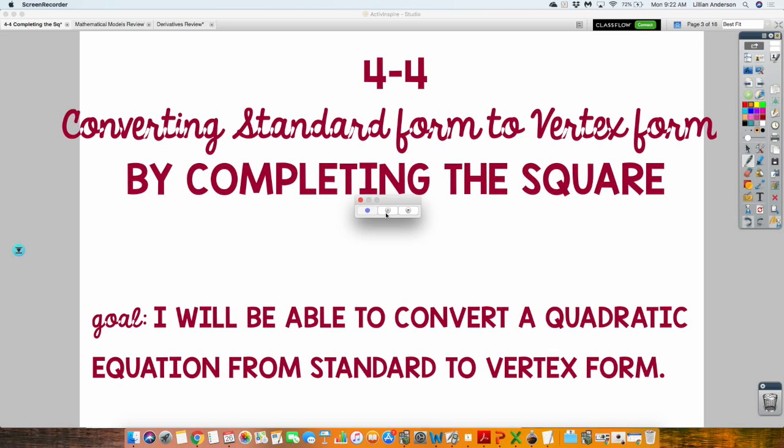So 4-4, we're converting from standard form to vertex form through the method of completing the square. Completing the square is a process that you go through to go from standard to vertex form. You can actually solve quadratics as well using completing the square, but